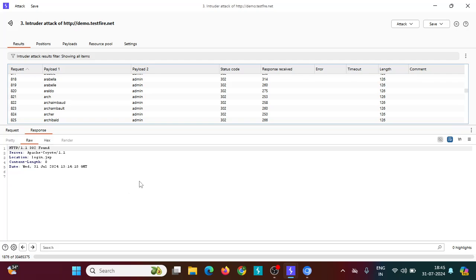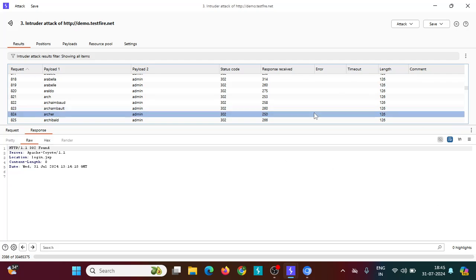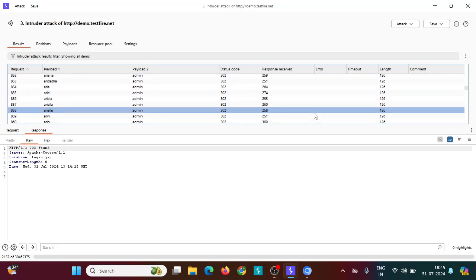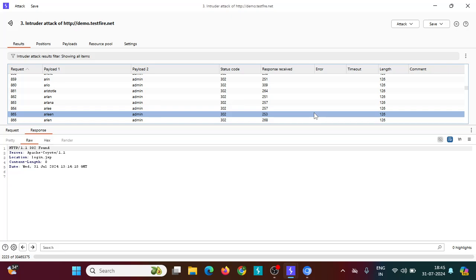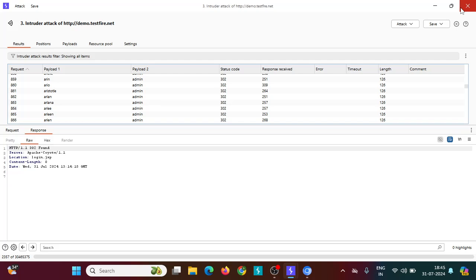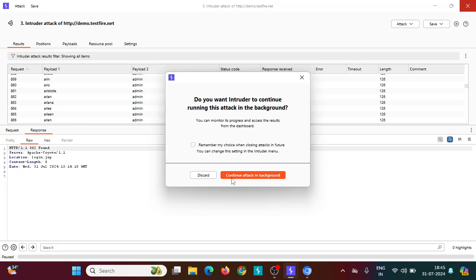Nearly 3 crore combinations. So we are not planning to attack this website that much, because attacking with the cluster bomb may cause disruption in the service. So it will be a type of DoS attack, so we will not perform this one. We'll pass this attack and we'll close this one. This is how basically